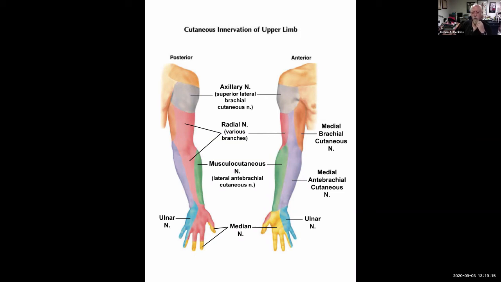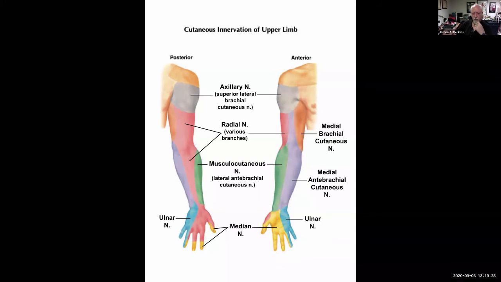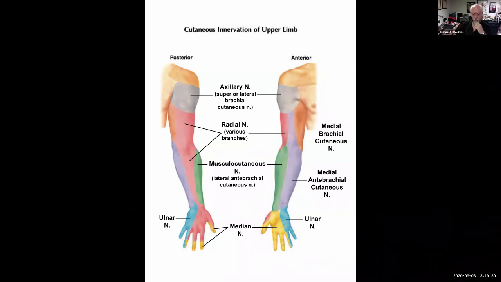The musculocutaneous nerve has a branch called the lateral antebrachial cutaneous nerve. So this is the nerve that innervates things like the biceps muscle, but then continues down into the lateral aspect of the forearm to become a sensory nerve on the lateral forearm. So that green area on the lateral aspect of the forearm is supplied by a branch or continuation of musculocutaneous nerve. And then if you look over on the right side of the slide, you'll see the distribution of the